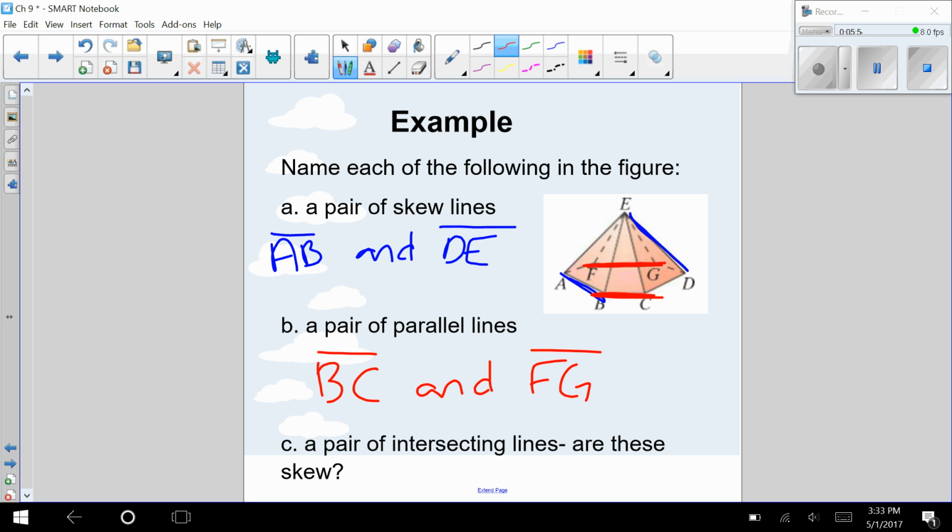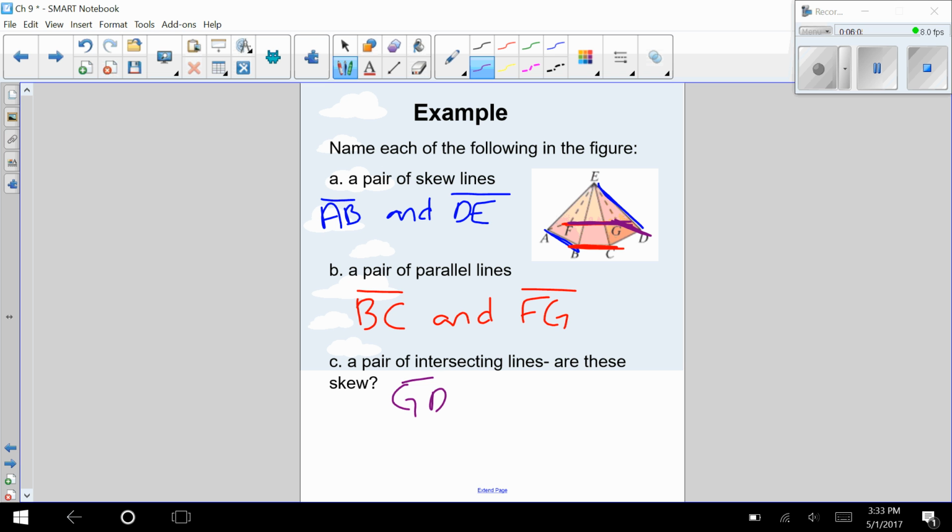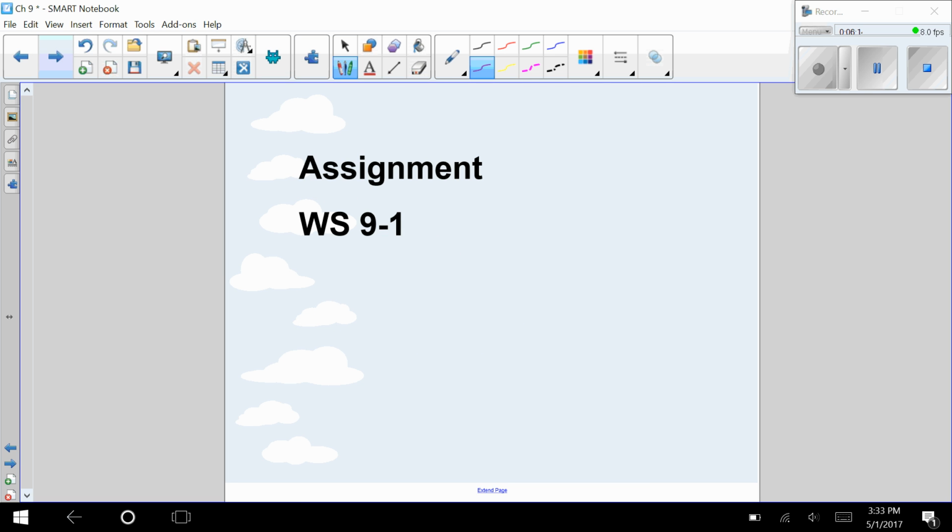And then a pair of intersecting lines. Let's go with GD here and FG. They cross right at G. GD and FG. Are these two lines skew? No, they cross. They can't be skew. Your assignment is where